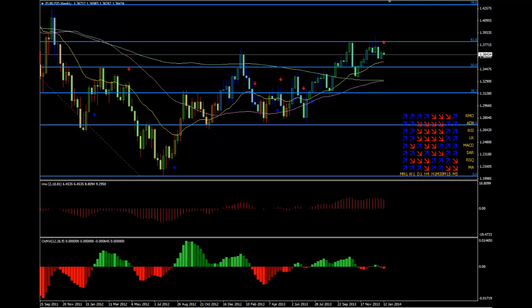Okay, guys, let's look at the 4 majors this morning. Started with euro against US dollar. Got this on a weekly chart. I just want to show you the significance of the resistance level we're having here at the 61.8 monthly fib